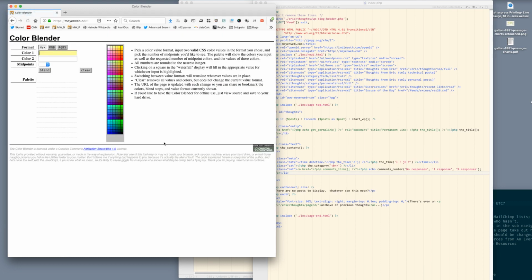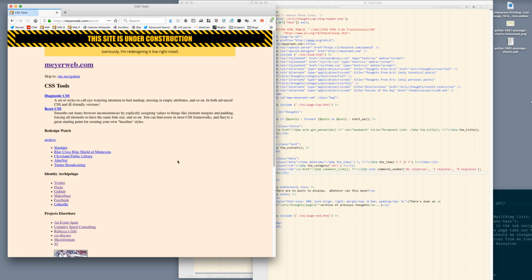So the color blender is like its own thing. A lot of tools like the color blender just don't even have any branding at all on purpose, because I wanted people, like it literally says somewhere in here, here it is: if you'd like to have the color blender for offline use, view source and save it to your hard drive. Everything's embedded so that you could literally have this as a local copy if you wanted it. The URL encoder decoder is the same thing. So things like that don't get the design of the site,